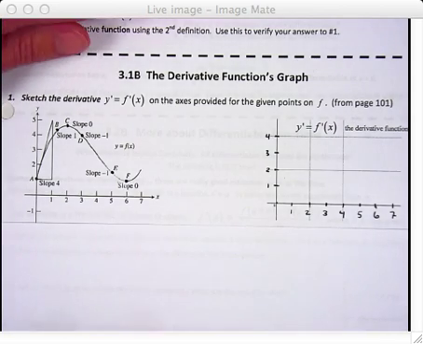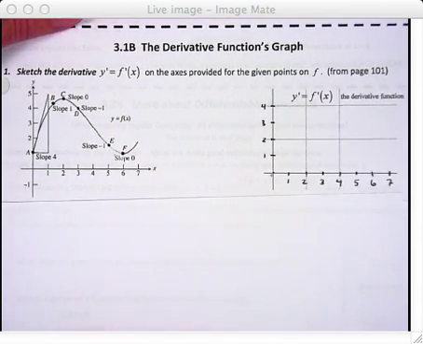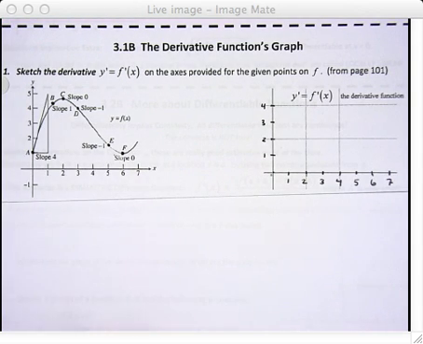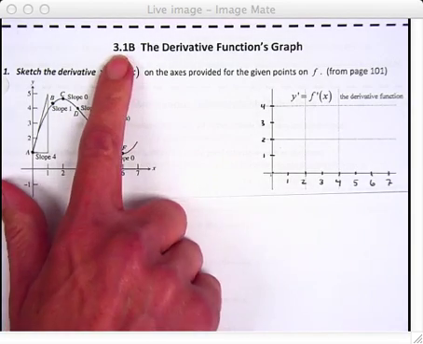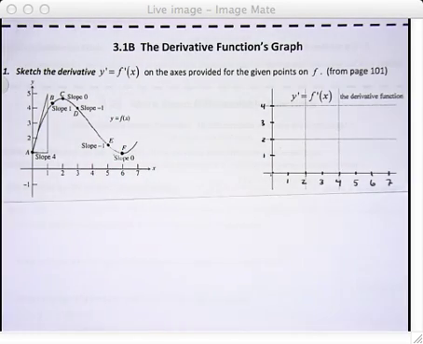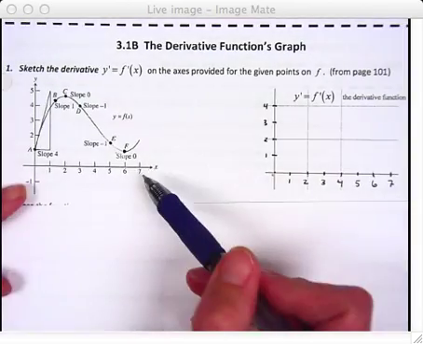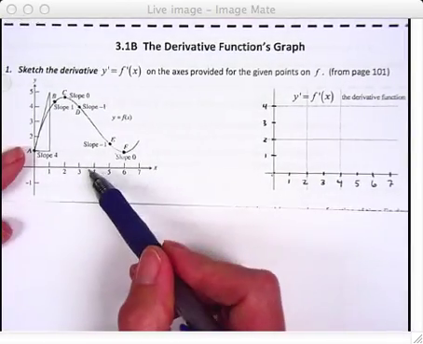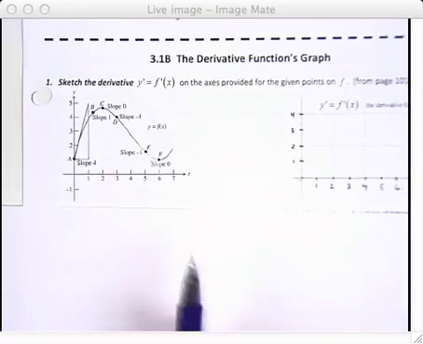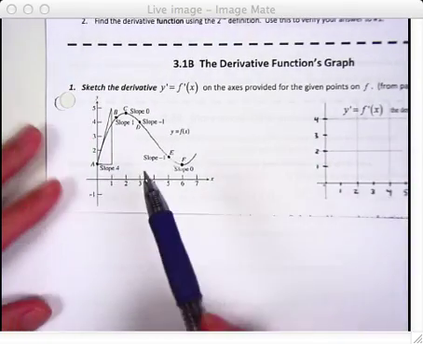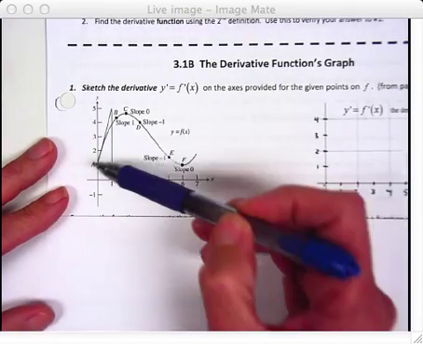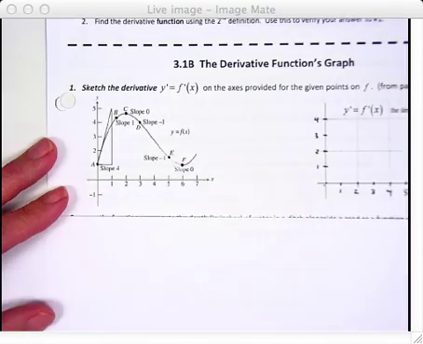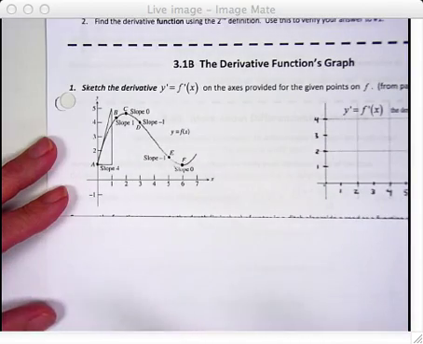All right, so I'm going to briefly show how to graph the derivative function. This is for 3.1b in your notes. Over here on the left, this is your original function right here. Make sure you can see it. We are told at certain points what the slope of the tangent line is at these different